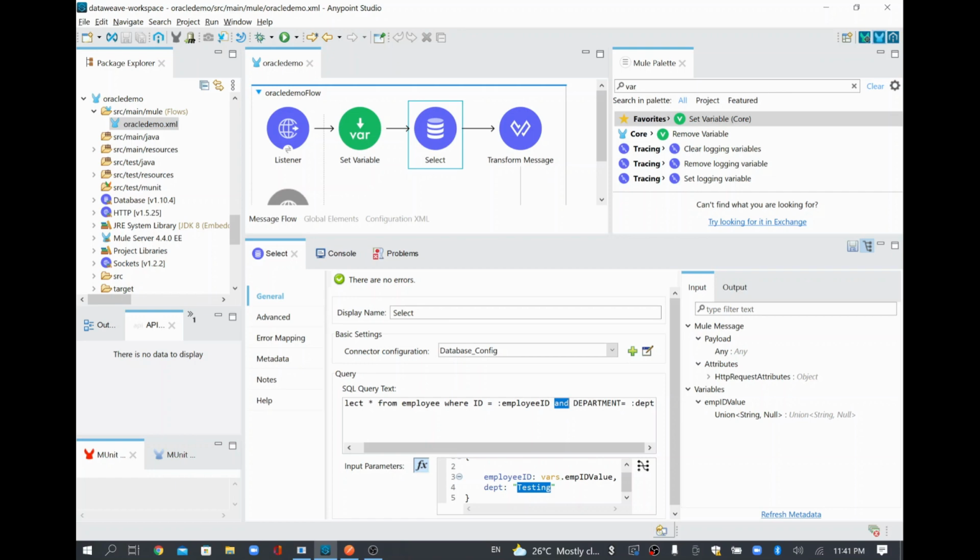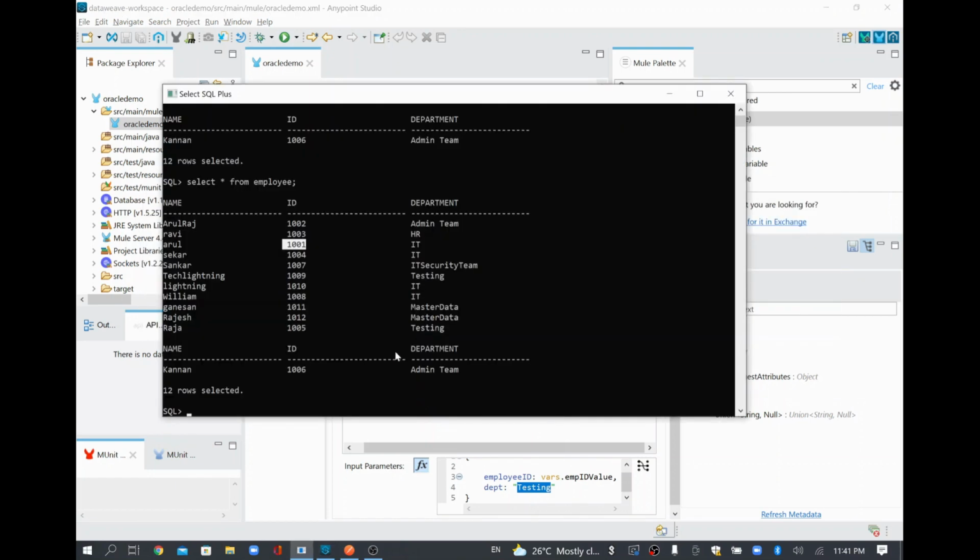So this way you can add an AND condition also. Similarly, if you want to check multiple conditions, it's possible, and a single condition is possible. So this way you can connect to the database table and fetch the relevant record. Initially we tried fetching all the records, then we fetched through one where condition, and later through an AND condition with two conditions as well.